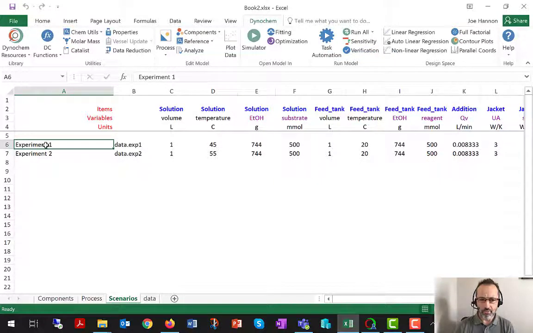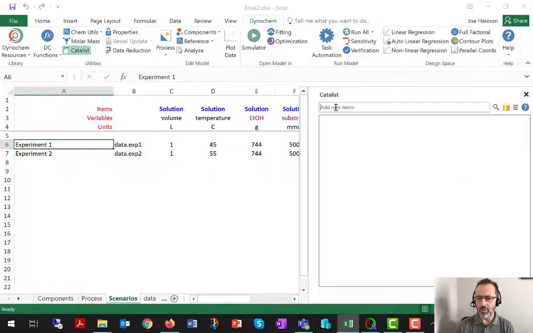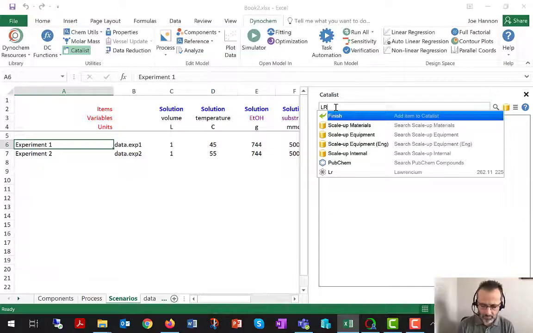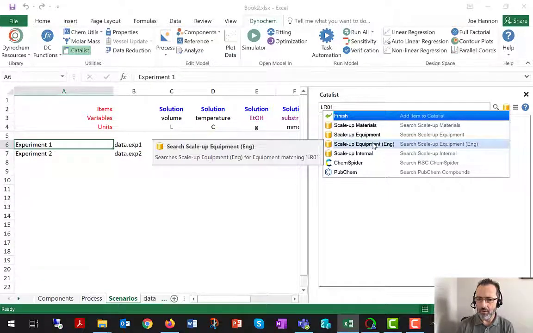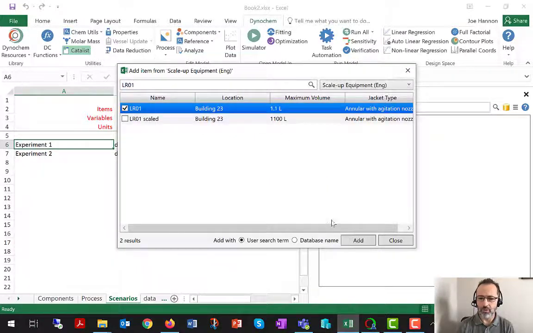Finally, for tech transfer purposes, it can be nice to include some information about the equipment that either was used for this process or will be used for this process. And these features to the left, especially catalyst, but also properties, allow us to look up from the equipment data service information about the equipment that we used. And this chemistry has all been done in a vessel called LR01, Lab Reactor 01, and that is available in my equipment data service. So I'm just going to retrieve information about Lab Reactor 01 and enter that in this